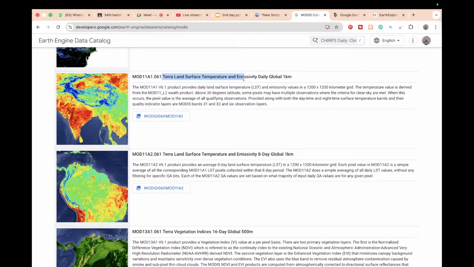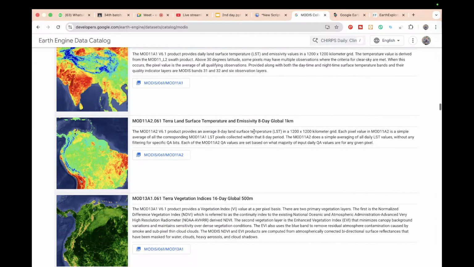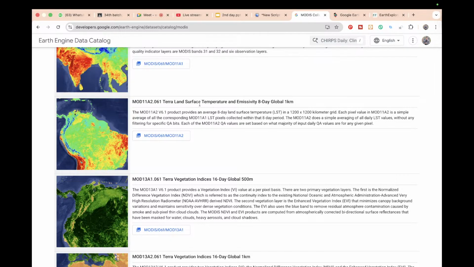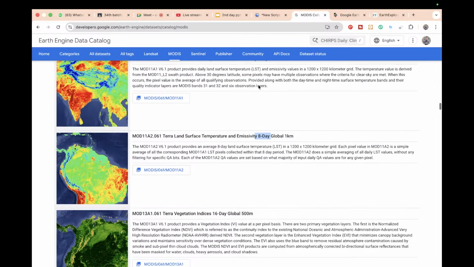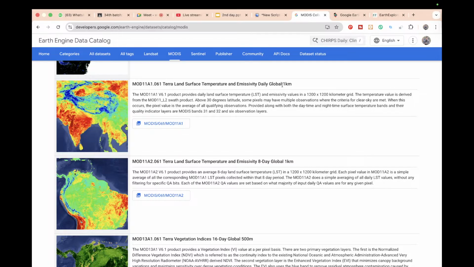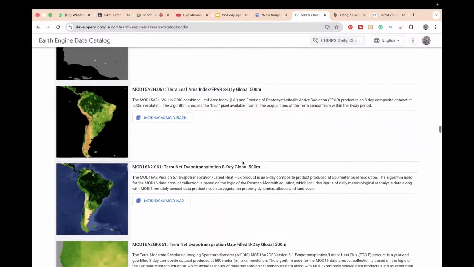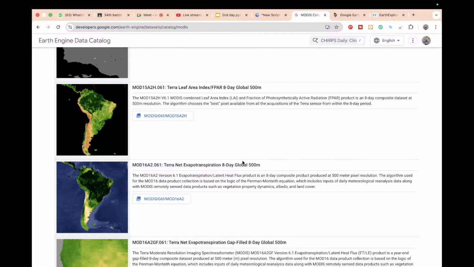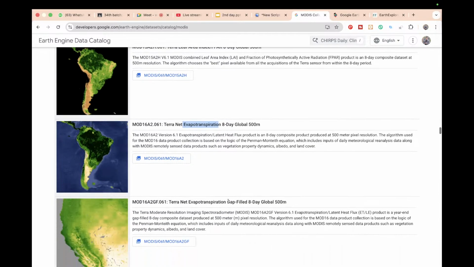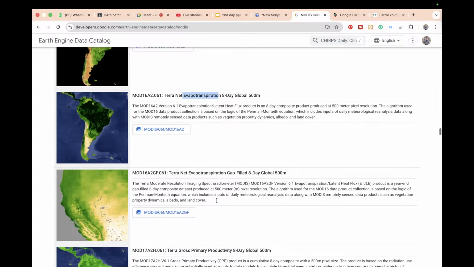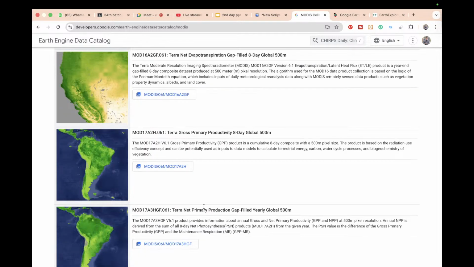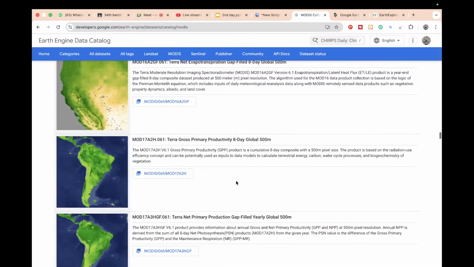So it's one kind of ready-made product. For this type of data, for MODIS, we can easily use it and do the analysis. Also you can see the land surface temperature, 8-day temporal resolution. This is the global data set, 1 kilometer, daily. You can see the Terra vegetation indices. So we can find different types of products, and all products are the same process when you work. You can see this is the evapotranspiration data set, this is the net evapotranspiration data set gap filled, this is the gross primary productivity data set. So I just show you only one data set, and further you also try any other data